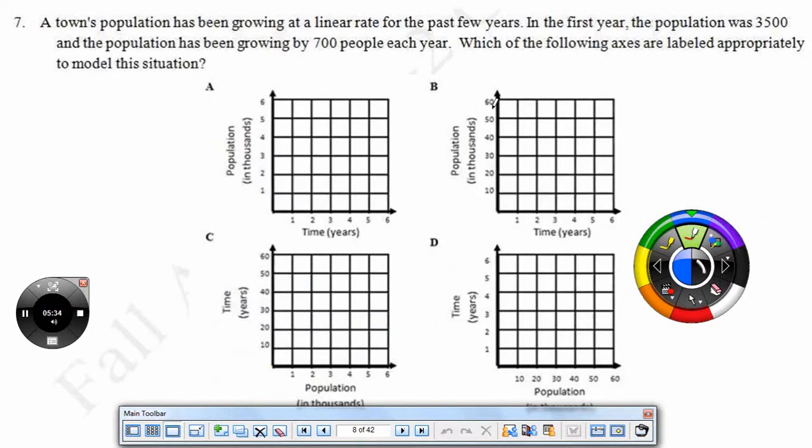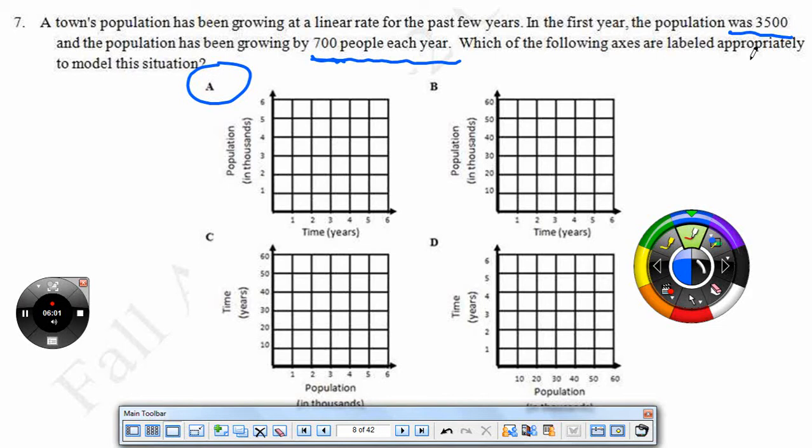Number 7, we're mainly looking at scale here, to see if you were graphing this information, what you would use for your x-axis scale and your y-axis scale. The one that would really work out the best would be this one here. Time is always on the x-axis, and then population would be good for the y-axis, and then in thousands this would be pretty good